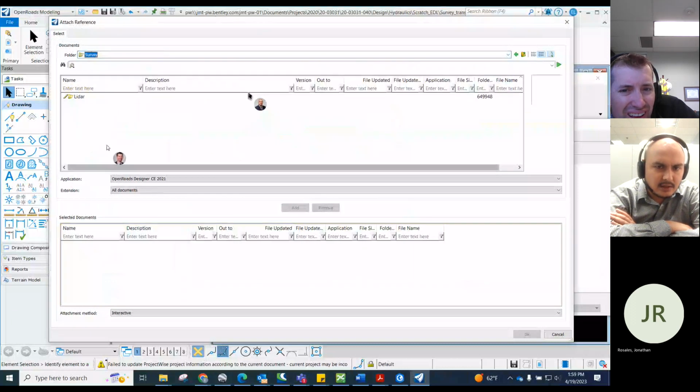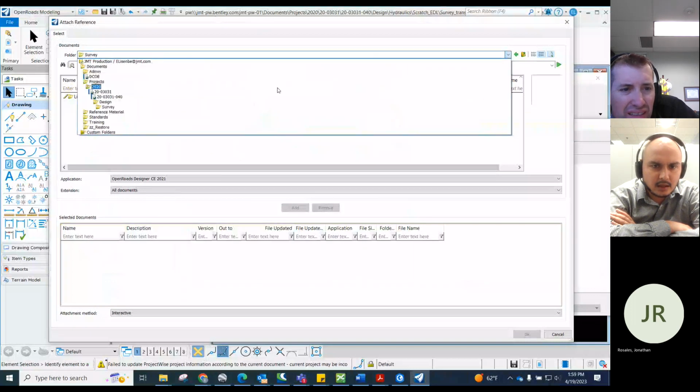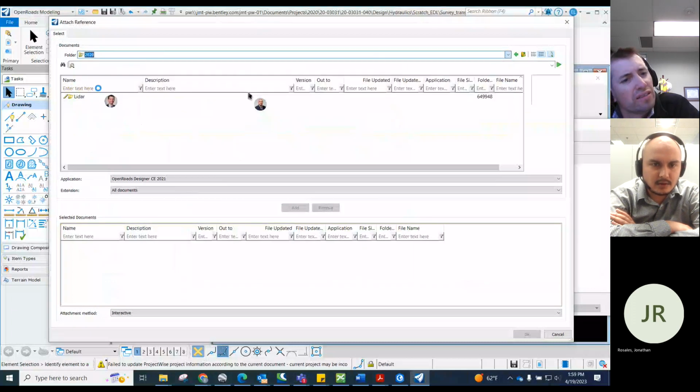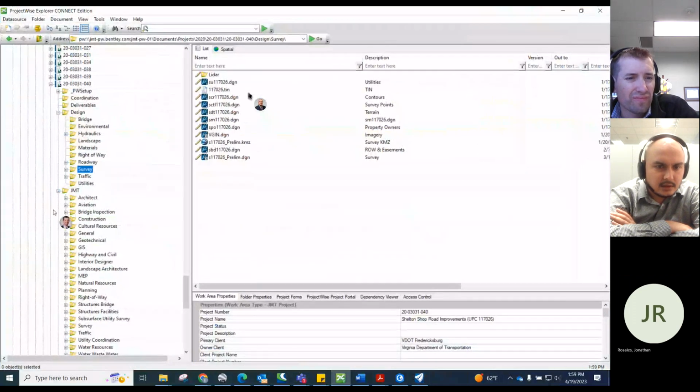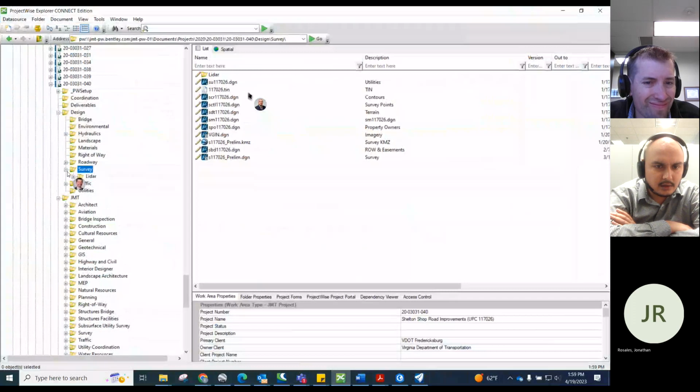Maybe this is the wrong folder. Can you open your ProjectWise browser? This is 040 text inside design, inside survey. Okay, yeah, this is it.